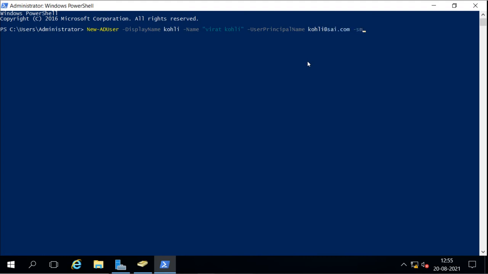Then the SAM account name, like the old pre-Windows 2000 account name, so we can also mention that. Then other information, for example we want to mention the surname. Then we want to mention the department, so we can mention the department also. Then we can also mention city.